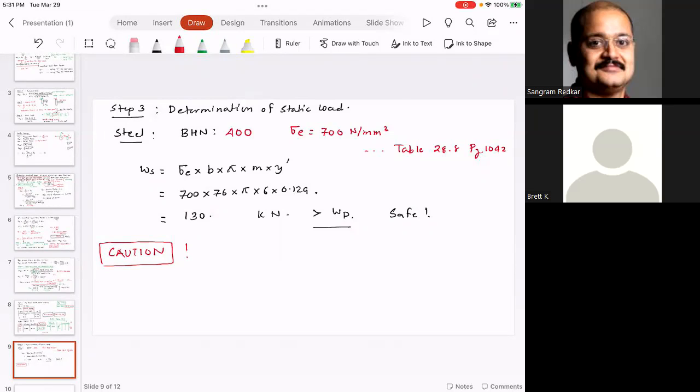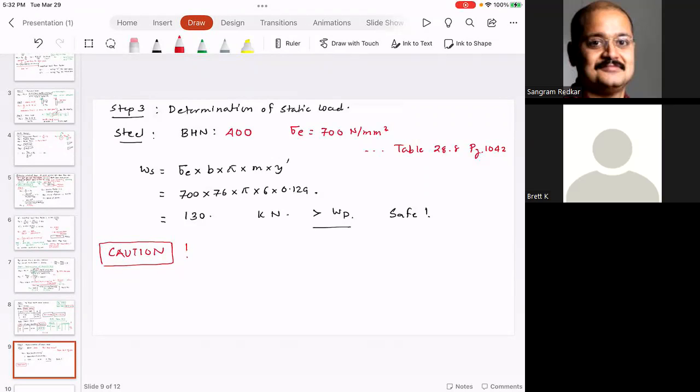That gave me the maximum value of flexural endurance limit, which is 700. So this is like an overkill for this problem. It is not really required, but I didn't want to go back to the design iteration of starting with 150 BHN, which gives me like 252, and then all the way iterate just to make sure my WD